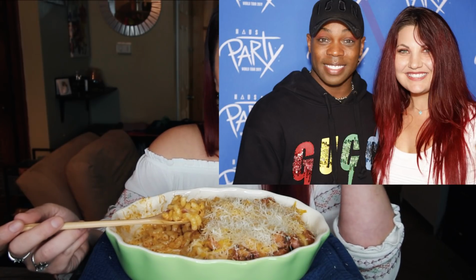So maybe I'll put the picture up here of when I met him. I look so bad. It's just not my favorite picture, but it is my favorite picture because Todrick Hall is in it with me. Anyways,